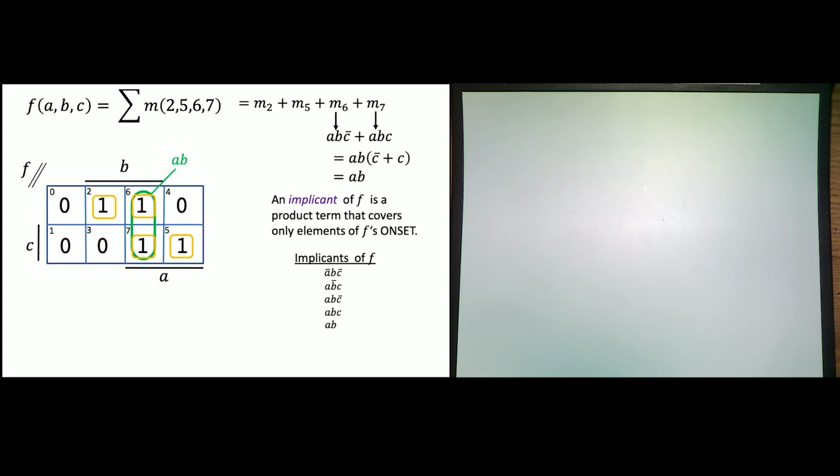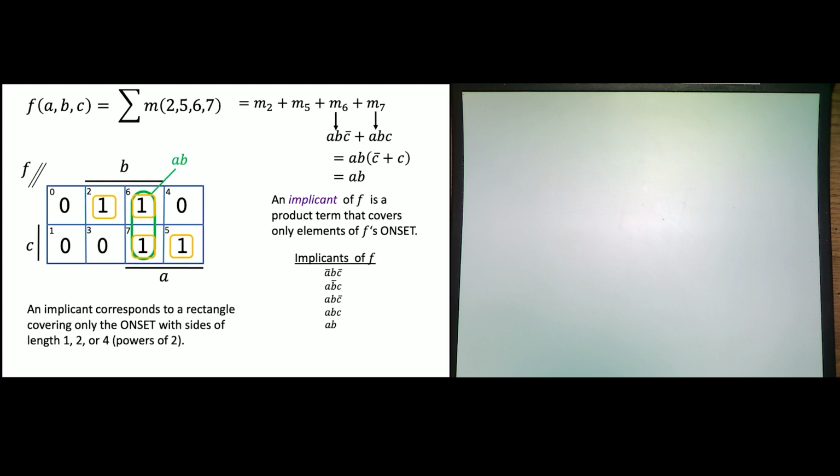So an implicant actually corresponds to a rectangle that only covers ones. And very important, its dimensions have to be powers of 2. So you can have a 1 by 1, or a 1 by 2, or a 1 by 4, or a 2 by 2, or a 2 by 4, or a 4 by 4.